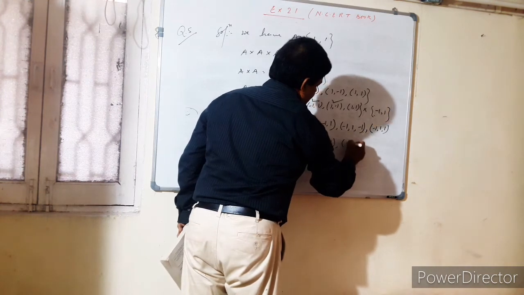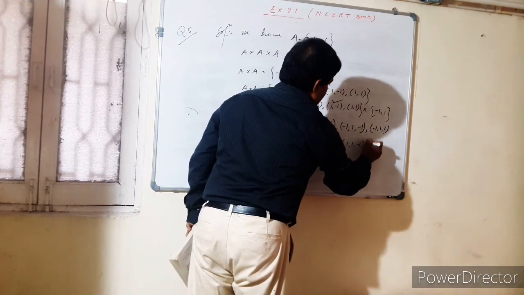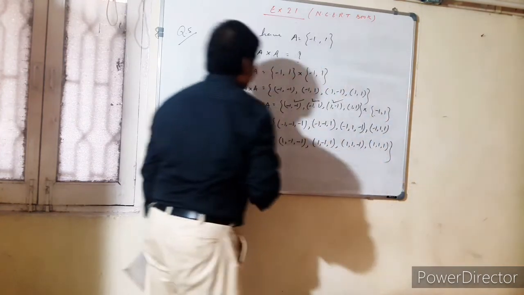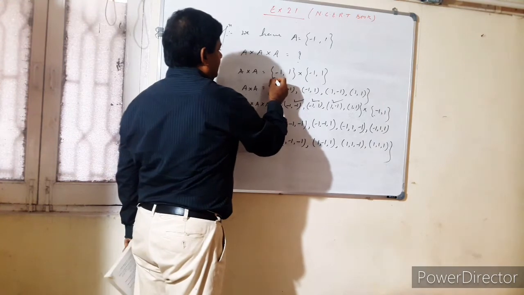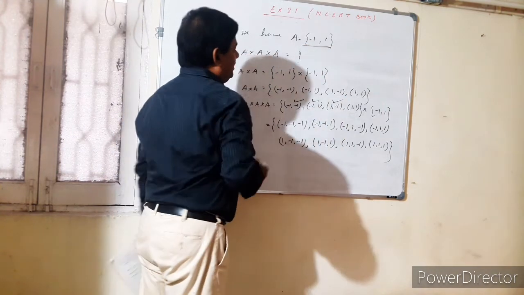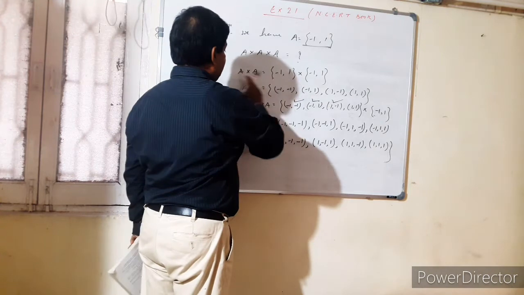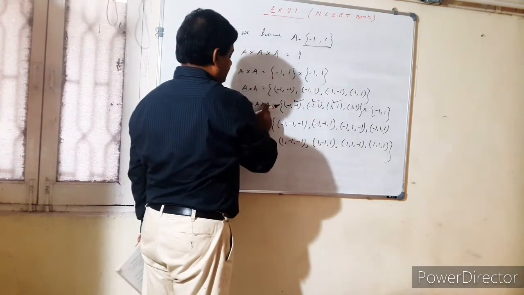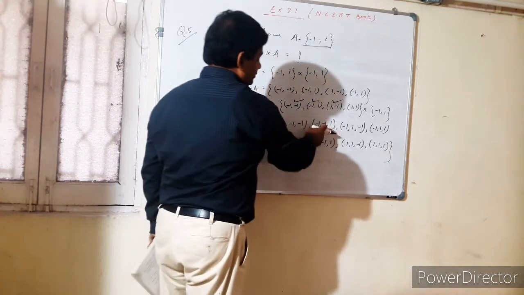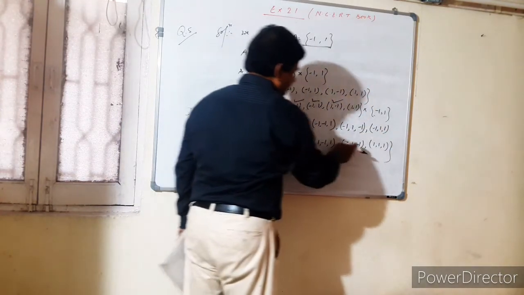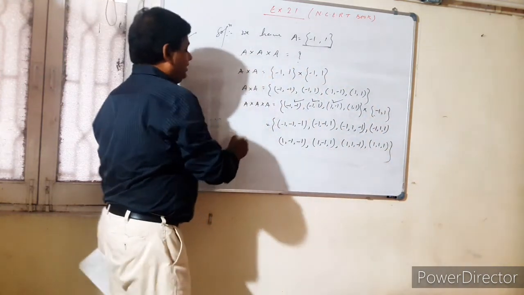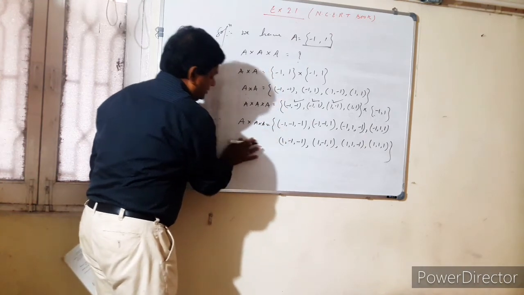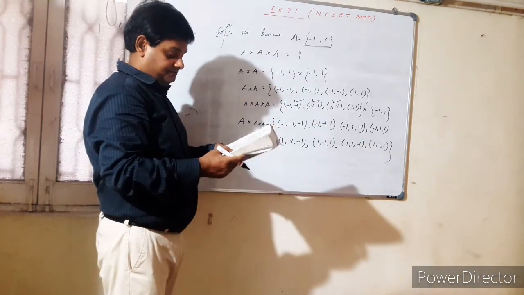Now here 1, 1, -1 and 1, 1, 1. So see here there are two elements here. So the ordered pair become here A cross A 4. 1, 2, 3, 4. Now A cross A cross A become 8. 1, 2, 3, 4, 5, 6, 7, 8. This is the way to find out A cross A cross A.